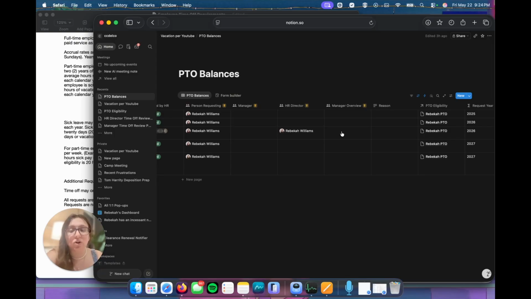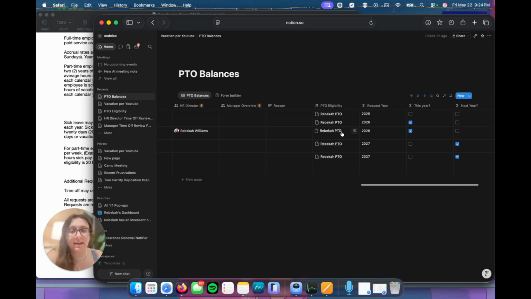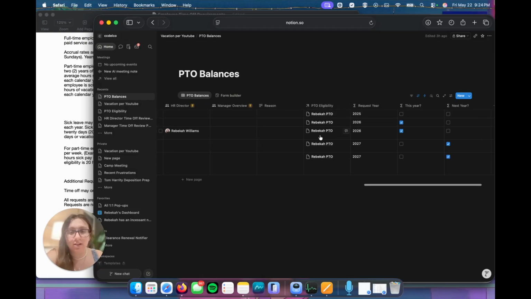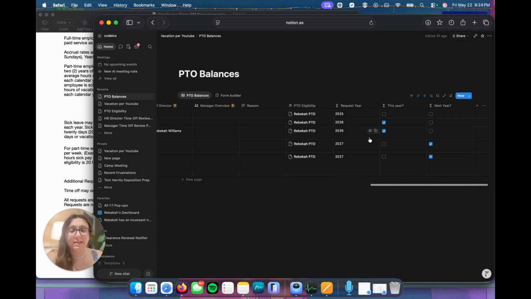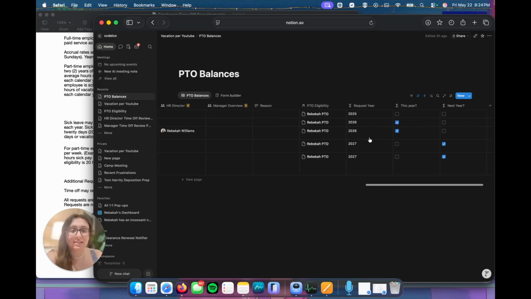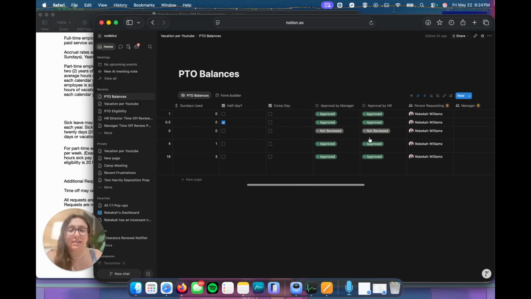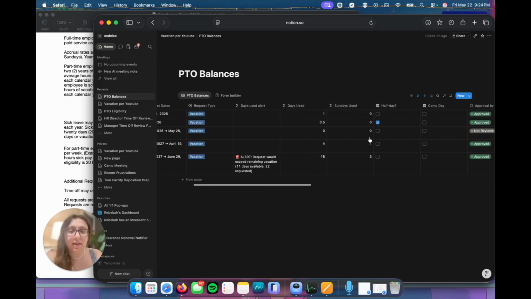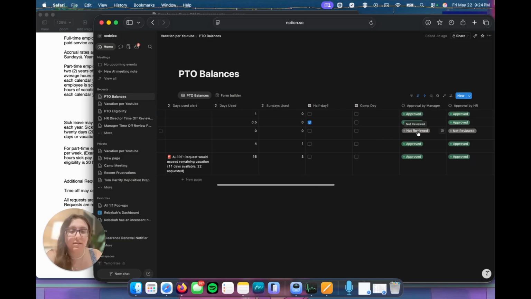If we had set up a manager or an automation for our manager overview, then those would appear there, the reason, and then the magic of the PTO eligibility was placed right here. So that's how that relation is working to allow everything to update on the eligibility side and the balances side at the same time. We see that it's 2026, this year is checked, next year is not, so it's able to make these calculations over here that if I go and I approve this at the manager level